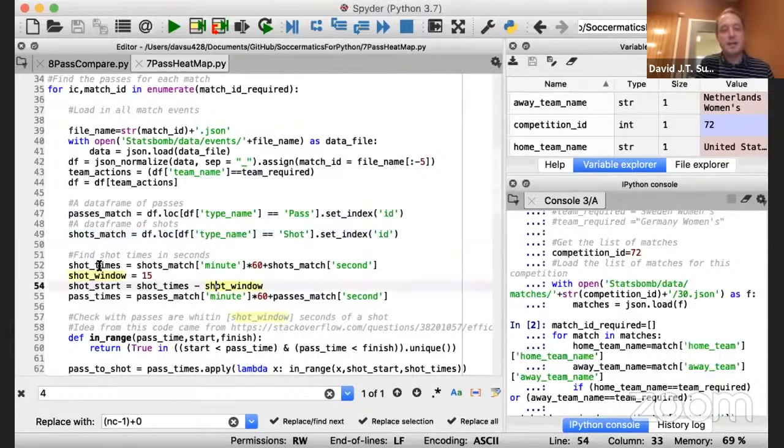Then I set a window. So here I identify shot times. This is the times of each of the shots in the match in seconds. So I multiply the minutes and I take the shots in the match. Then I have the shot window, which gives us 15 seconds back in time. Then I look at shot times minus shot windows, and then I look to see that the passes in the